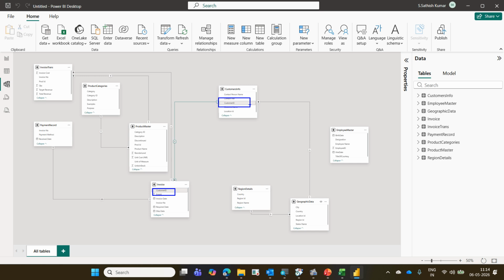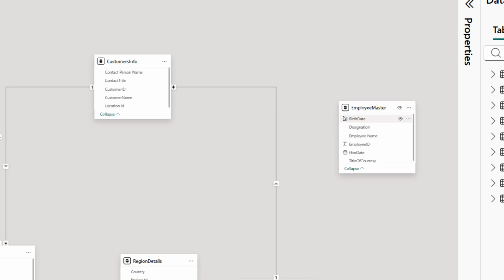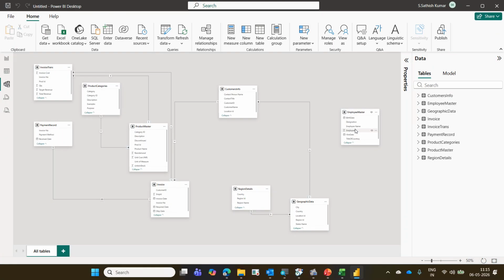There would have been some problem, maybe a spelling mistake or typo error, in a table. One table is not connected, that's the employee master. The reason is there may be some typo error or spelling mistake. This employee ID, they cannot connect by employee name because the same name may belong to 2 or 3 employees. So it should be connected with this unique key, employee ID. In some other table there should be employee ID. I think you have to tell me which is the table where we can connect this employee ID.